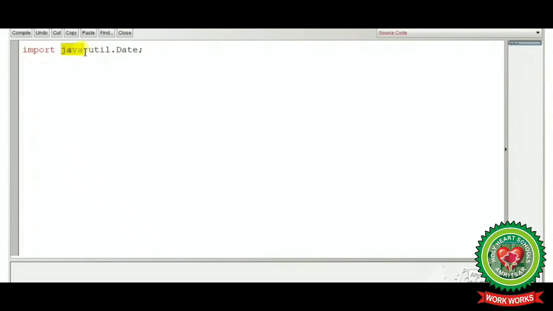Now see, import is a keyword that is used to include the package. Java is the main package in the compiler that is already saved. Util is the sub-package within the Java package and it is called using the dot operator, and after that we will write .Date. Date is the inbuilt class in the util package that is also called using the dot operator, and at the end we will put the semicolon.